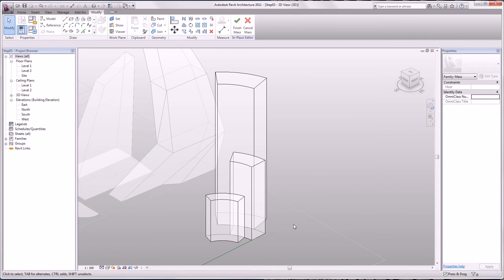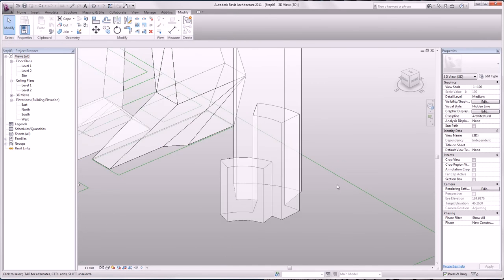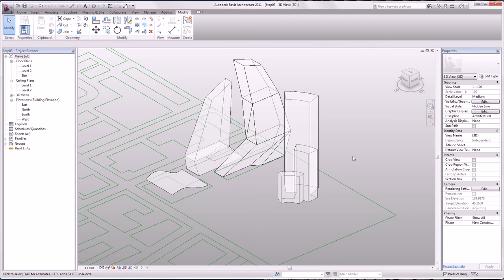We want to create a single mass out of those 3 masses, so we use the join tool. Select here join. Select one mass, then we select the other one. Now we select those 2 masses, join it with the last building. If you zoom a little bit in, you see all 3 masses have been joined. Finish our mass. That's it for our third step, and we'll be back